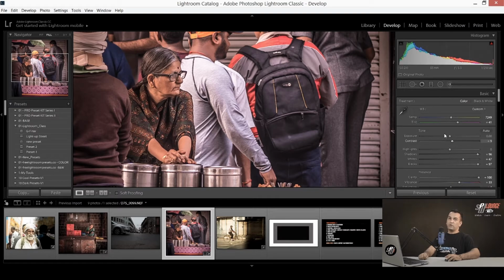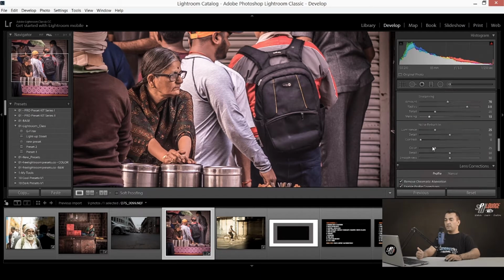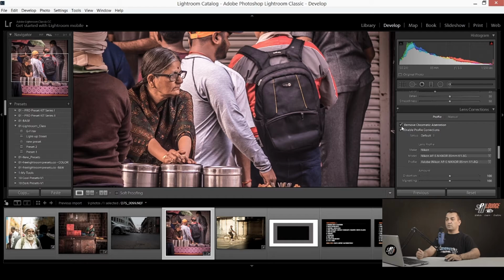And there is one more thing actually I forgot to mention. When we start with the post processing, besides doing composition correction and doing any further enhancement in the colors and all, we have to be very careful about the lens correction part. So basically I do this by default. So you have to select the checkbox, remove chromatic aberration and enable profile correction. When you select enable profile correction, Lightroom will detect which camera or lens was used for capturing this image and try to find the matching profile. And what it does, it will fix the distortion if there is any in the image.